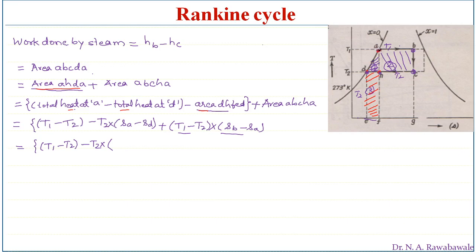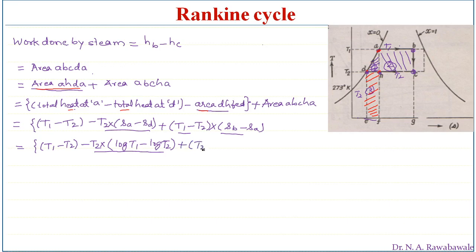Temperature at A is T1, so that is given by log of T1, minus entropy at point D, given as log of T2. So this is written as T2 into log of T1 minus log of T2, plus